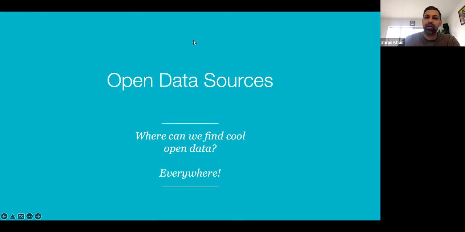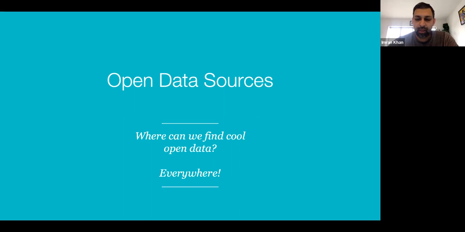So, okay, there are a number of different open data sources out there in the world. We'll approach this topic in a couple of different ways. One is we'll talk about some libraries in open source languages like R and Python that have become popular in working with open data. And then we'll talk about open data sources more generally, like where can you find open data? Who is out there in the world that is producing these really nice open data sources? What types of organizations have really engaged in this work over the last several years? So we'll approach it from that perspective as well.